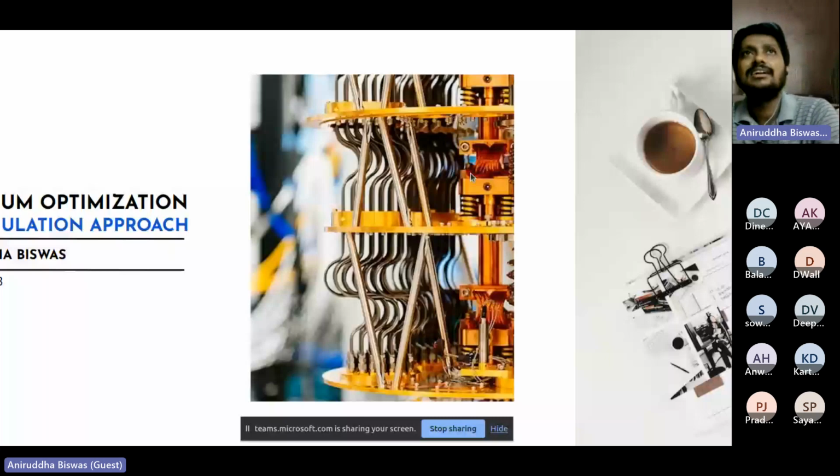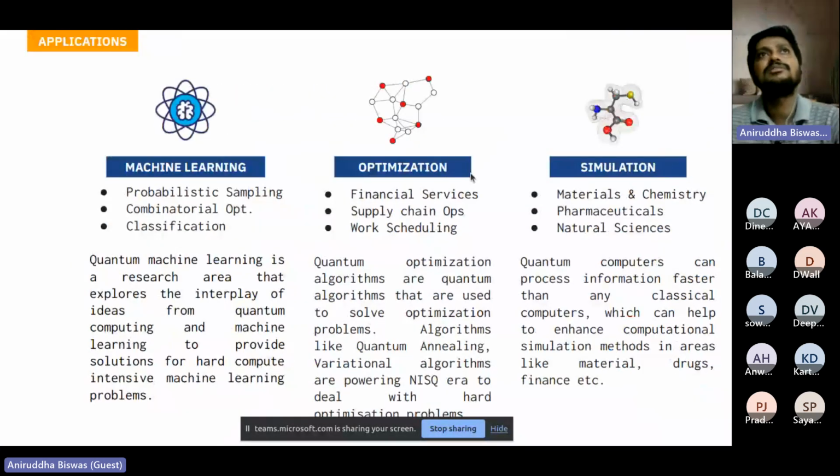So now the thing is what exactly the talk is all about. There are a couple of application areas of quantum. As we know, quantum computing is quite different than the standard way of classical computing, right? The people who are attending this session are quite aware of how quantum computing is different from classical computing. In classical computing, we talk about zeros and ones. In quantum computing, we talk about 0-1 superposition, and there are properties like superposition, interference, tunneling. These are the properties which make quantum computing much different than classical computing.